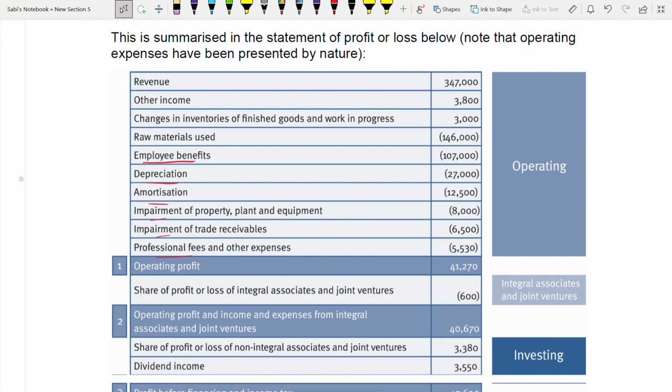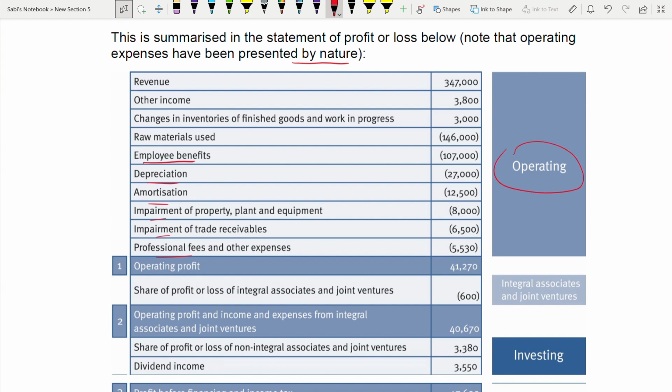The way the expenses are categorized or classified, it is according to the nature. Because there are two ways, either by function, or by nature. For example, if it's by function, then it will be admin expenses, selling expenses, distribution expenses. But this one is according to nature. Okay, the operating activity section. So this is the operating section.